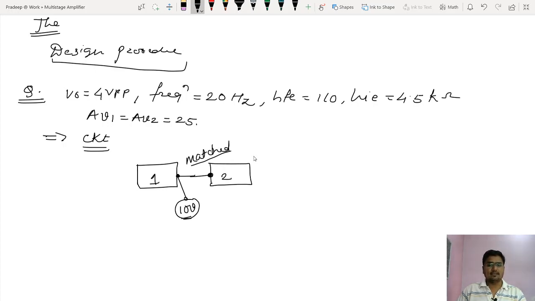For example, consider if there is a loss, then of that 10 volt, because of the loss, only 8 to 7 volt will get applied to the input of stage 2. So obviously less input voltage to stage 2 will produce less output voltage from stage 2. It means that because of that less output voltage, we can't achieve the desired gain, which was the basic aim for this multi-stage amplifier or two-stage RC coupled amplifier. So that's why impedance matching is really important practically.